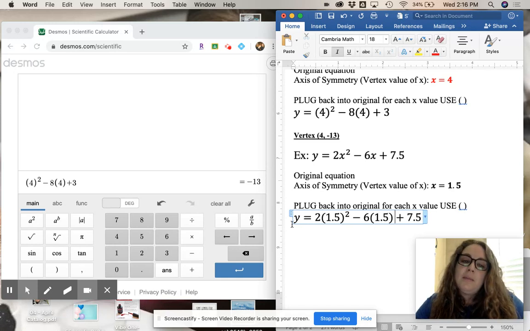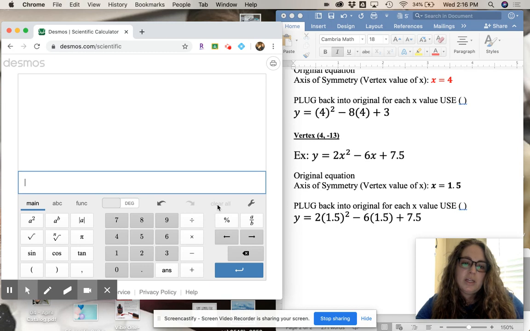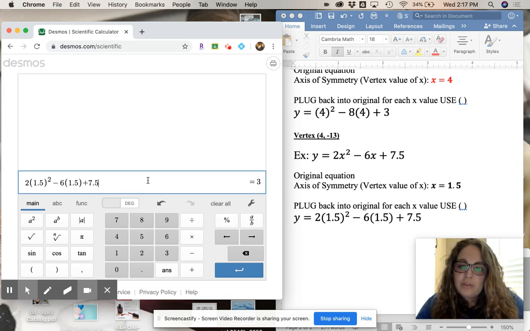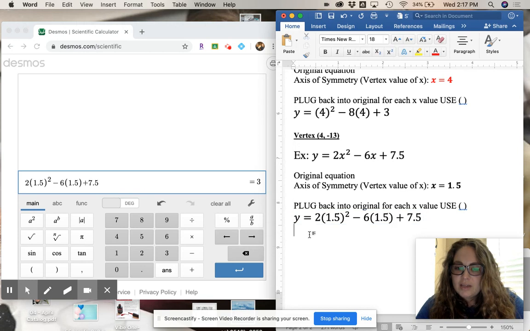Okay? And then I'm going to type that into my Desmos screen. Press clear, or you can backspace till it's gone. Again, press the button that says a squared to get the squared. And finish typing in our expression from where we plugged in 1.5. And notice that that gives me 3. So again, my vertex is going to be 1.5 because that was my x value,